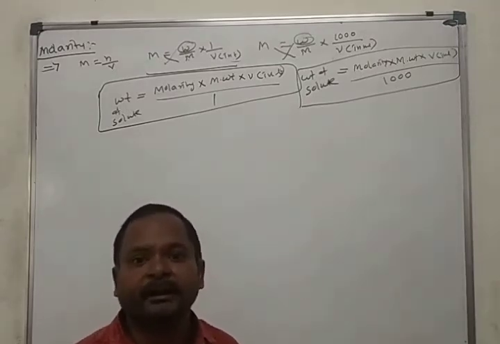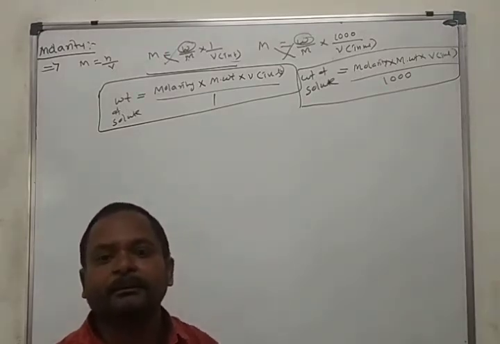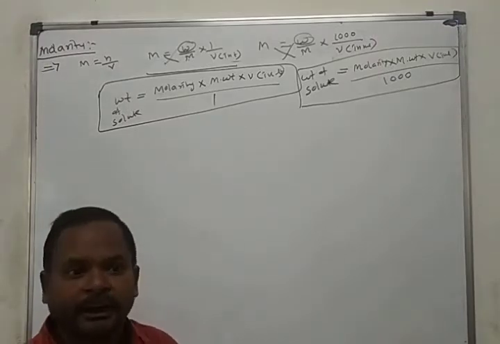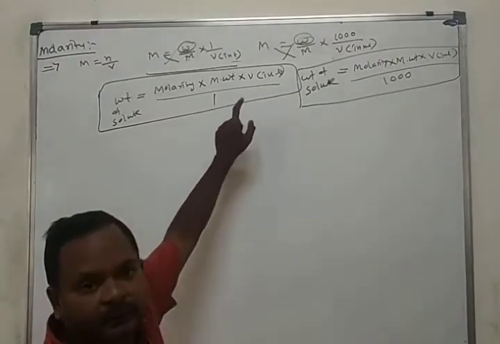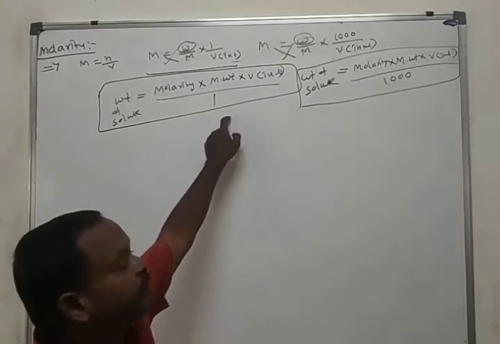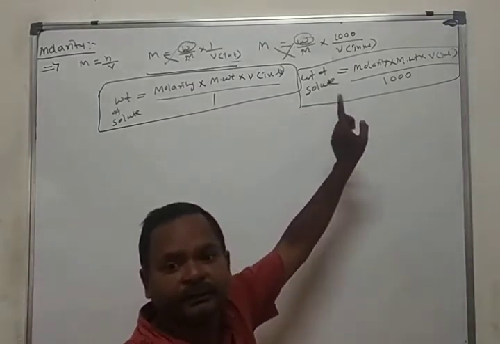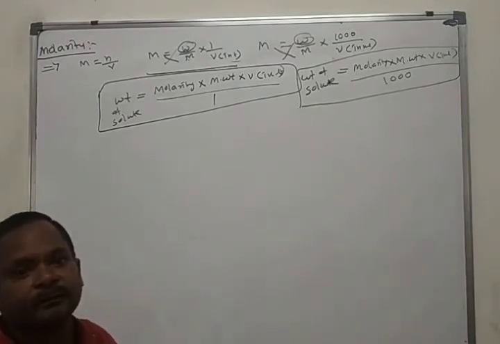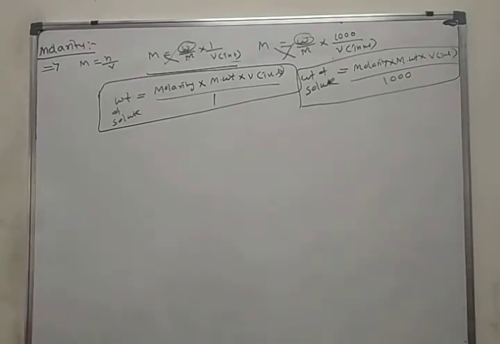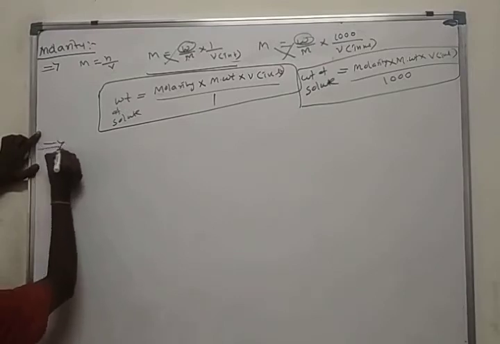ml, 500 ml, 750 ml, 600 ml, 400 ml, like that. If data is given in liters, 2 liters, 4 liters, 5 liters, we use this one. If data is given in milliliters, we use this one. Based on these two principles, we will do the sum problems. One problem each.